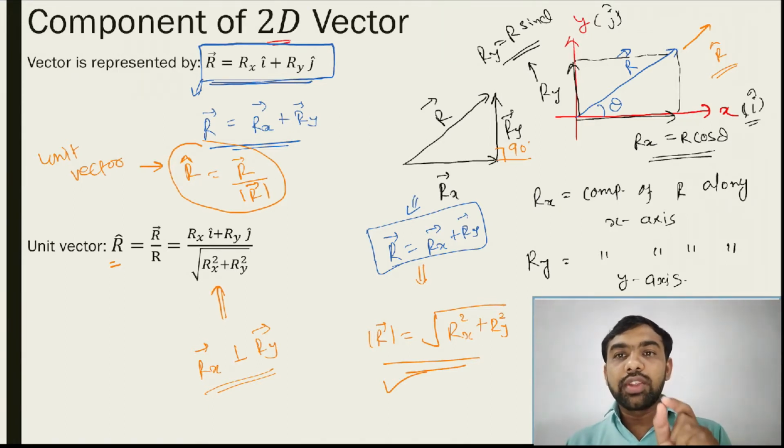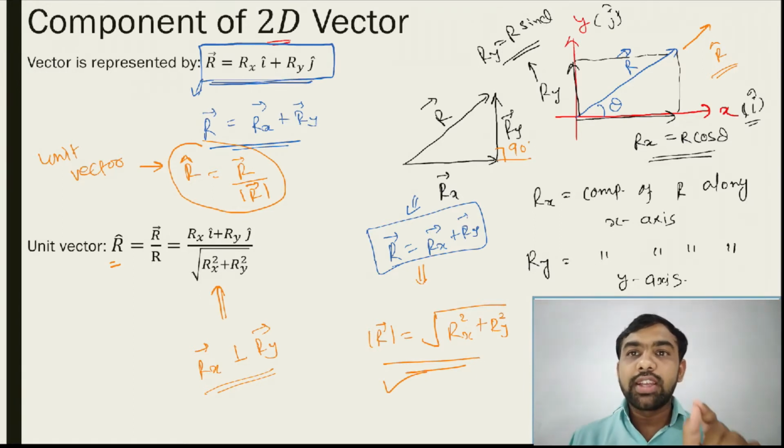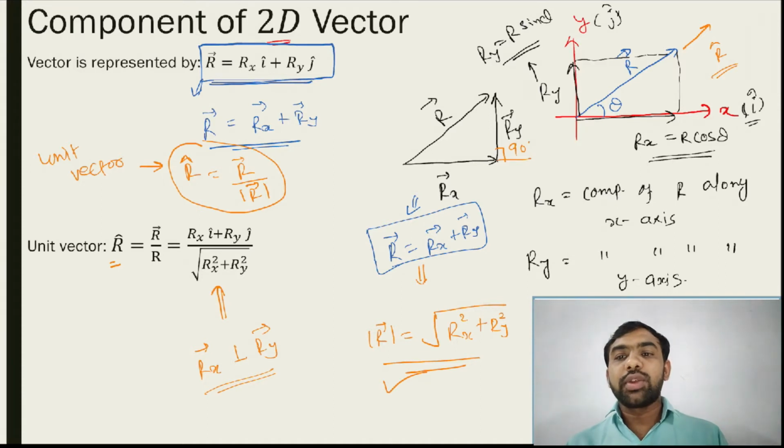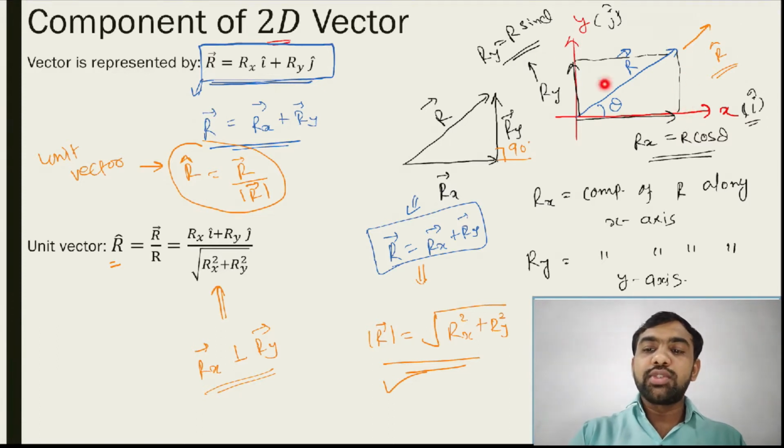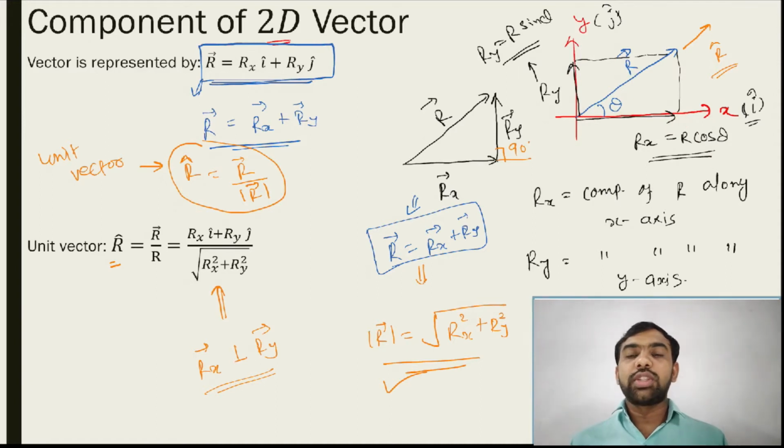If the angle is given with the x-axis, then the component is what? Rx is equal to r cos theta and Ry is equal to r sin theta, okay? By this way you just get the answer. The adjacent component of theta is the cos component, and the opposite component of theta is the sin component, okay? So here theta is given, so that one is adjacent and this one is opposite. The opposite is the y component. Adjacent is the cos component. So that is the basic study of this one, okay? All of you guys note this.